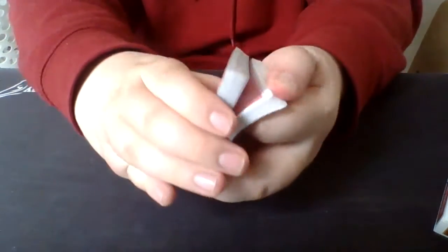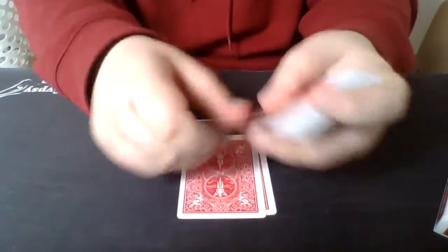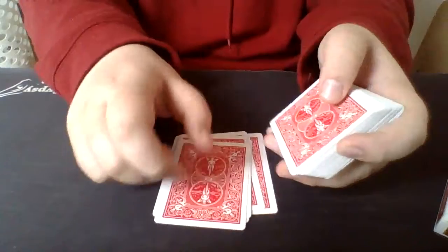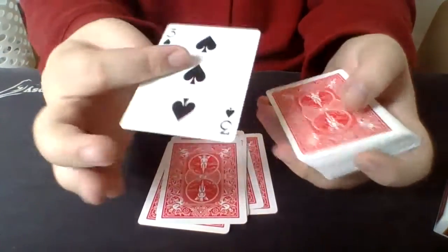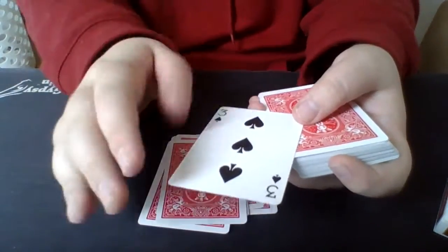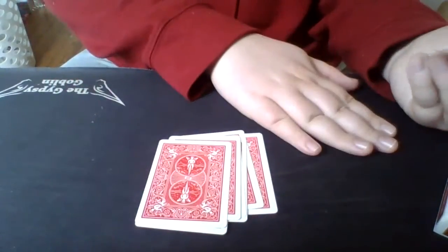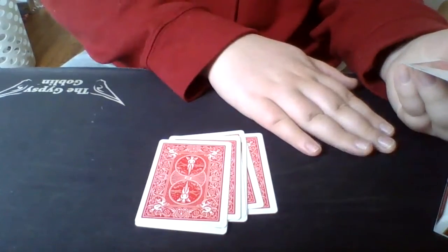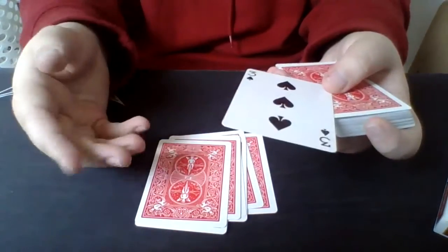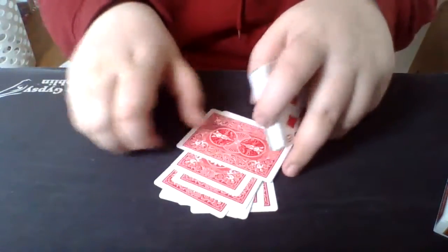Now you say, okay, how about we deal 9? So you can go 1, 2, 3, 4, 5, 6, 7, 8, 9. It's a 3. I act surprised again and say, okay, that's really weird here. For the 9, we got a 3. For the 3, we ended up on a 9. Put this on the packet, and then pick them up again, and put them on top and say, okay, now